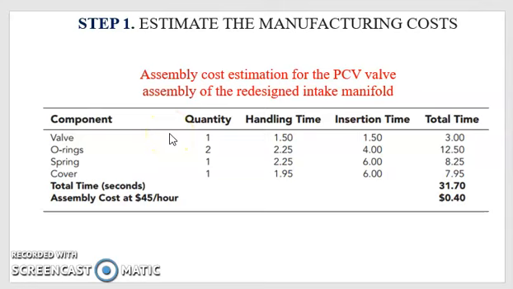The products which are made in quantity less than several thousand units per year, their assemblies are almost always performed manually. Manual assembly cost can be estimated by summing the estimate handling and insertion time of each component and then multiplying it with the labor rate. Normal assembly costs are $45 per hour. Assembly operations require about 4 seconds to 60 seconds each.